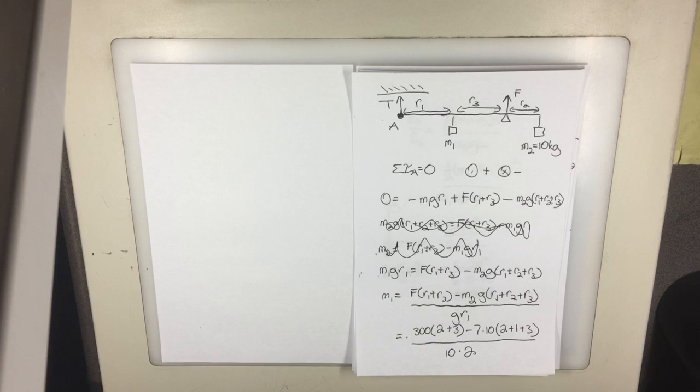So let's just assume that we stuck with 7. 300 times 5 minus 70 times 6. Oh yay, it didn't get a negative number. Divided by 20, and I get